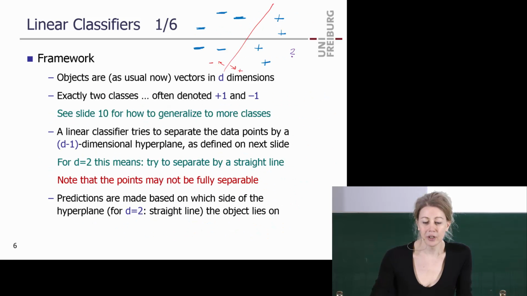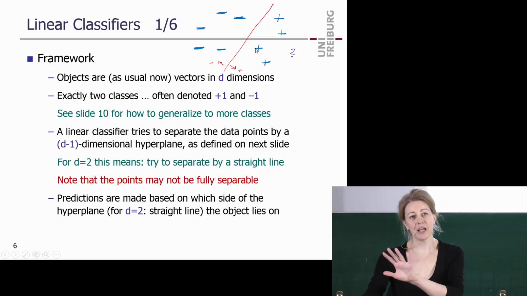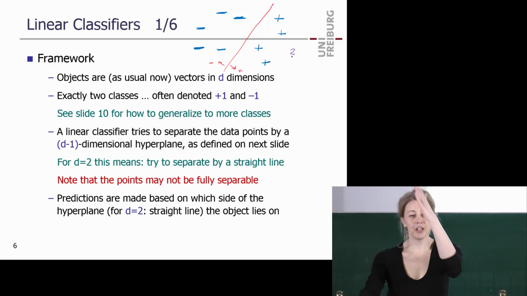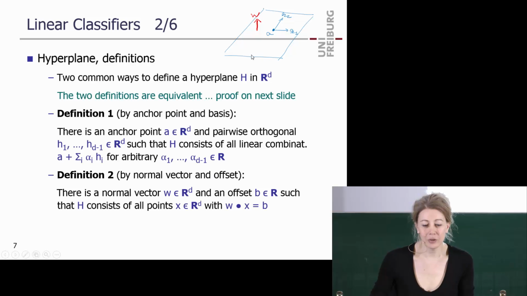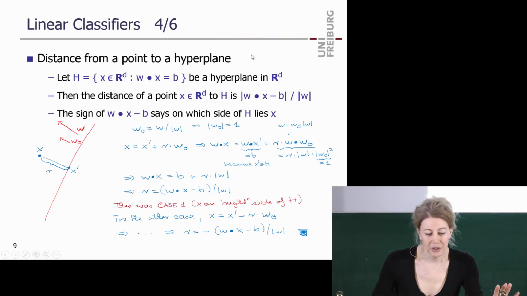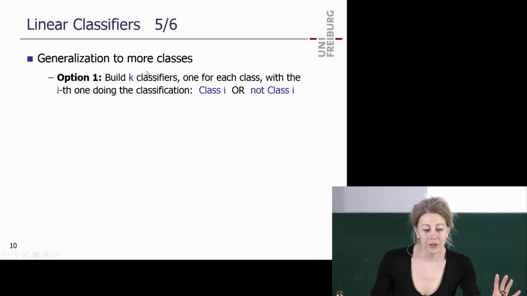Okay, now before we go to concrete classifiers, this was just linear classification, which means just two classes. Is it on this side or on that side? And it's again two classes in 3 dimensions. You have a plane, is it on this side or on that side? How do I generalize this to more classes? It's not so obvious. Well, you don't do it directly. This is one common option.